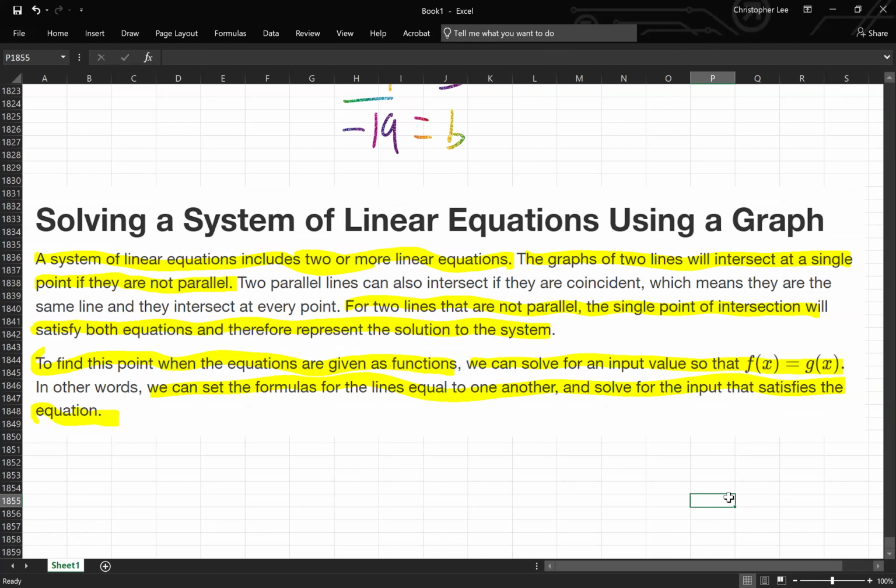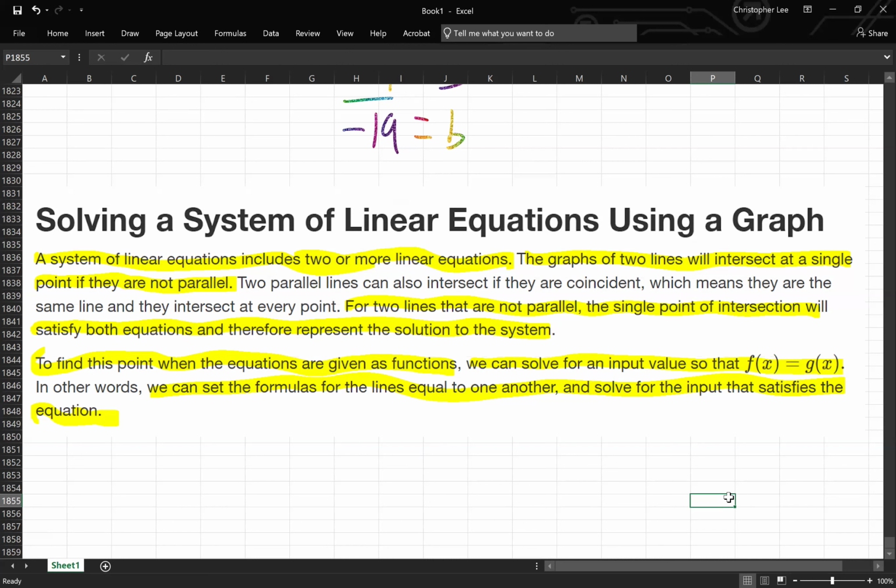Which means that they are the same line and they intersect at every point. For two lines that are not parallel, the single point of intersection will satisfy both equations and therefore represent the solution to the system. To find this point, when the equations are given as functions, we can solve for an